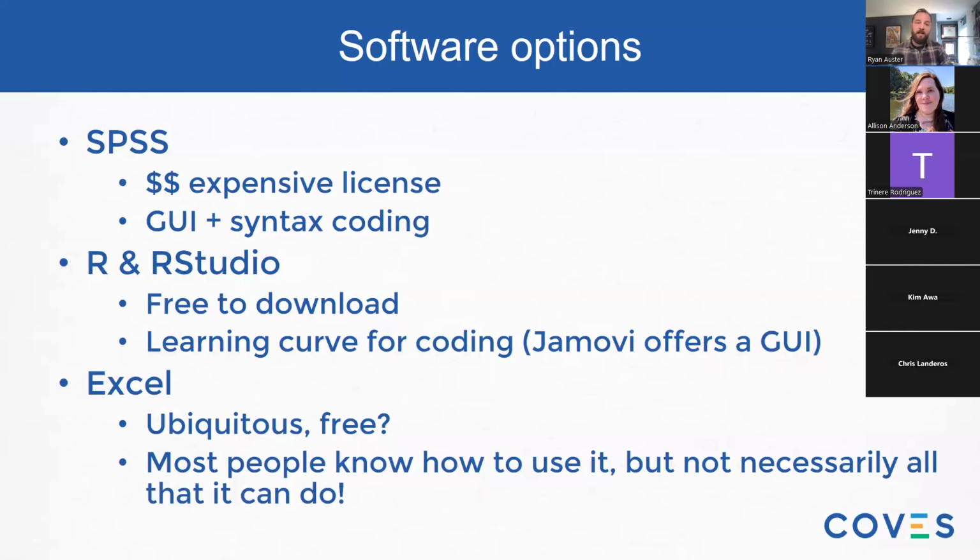And as we talked about a little bit at the beginning, Excel is ubiquitous because many people run Microsoft, and even if you have a Mac, you might have the Microsoft suite installed. So free question mark, because most people have it or can get it online. And even if it is ubiquitous and most people know how to use it, I would argue that many of us don't know all that it can do. And I will raise my hand and say, I actually don't know all it can do. I know I can do some statistical tests in it, but I would really need to rely on ChatGPT or Google to remind myself how. So, some trade-offs in the software. Again, we're going to look at examples in SPSS and RStudio.